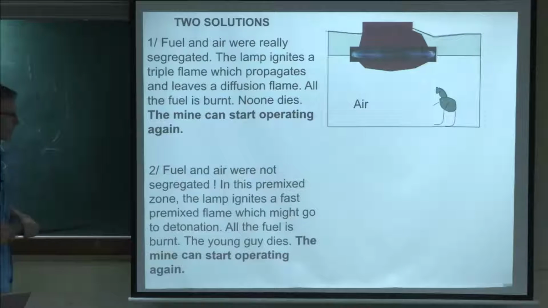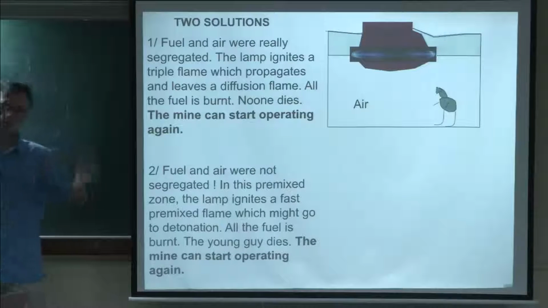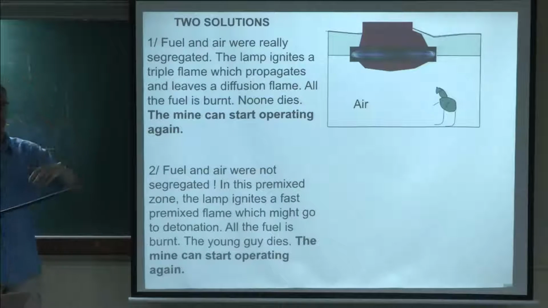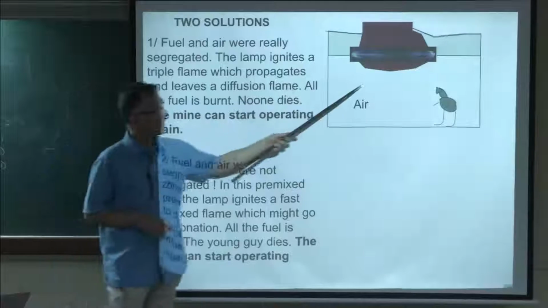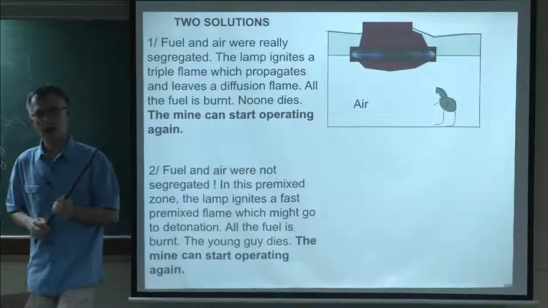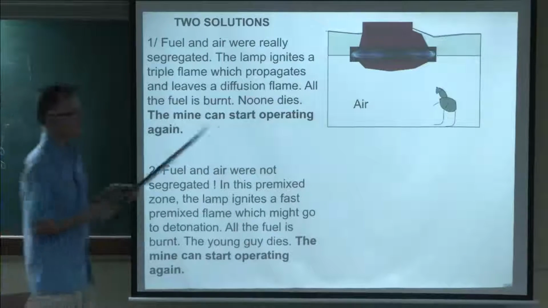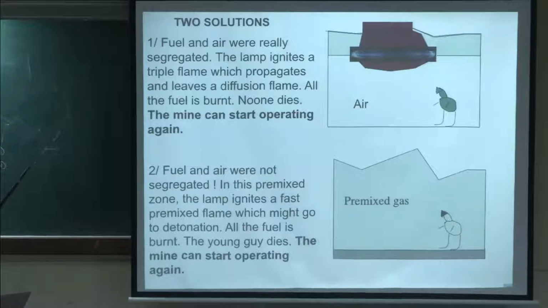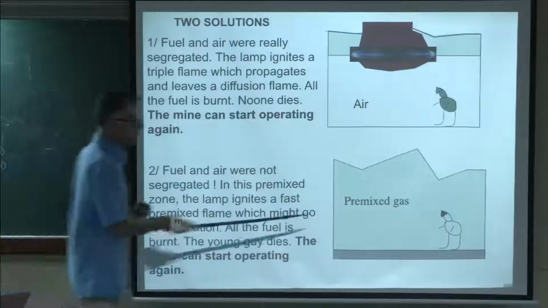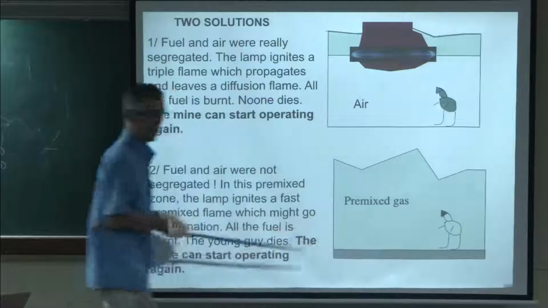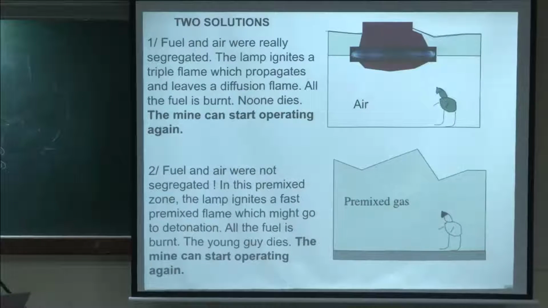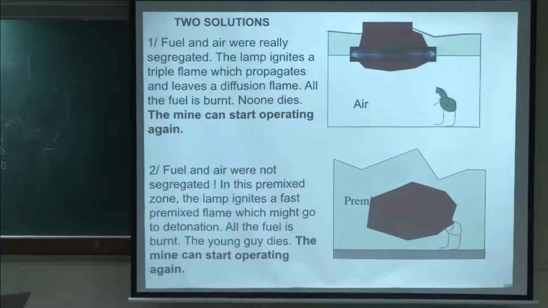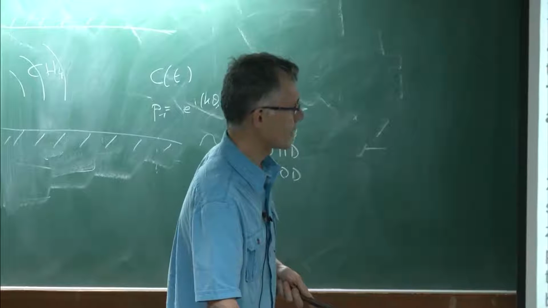Now the problem is that, especially if people went out of the mine fast, and if there is any kind of mean flow field in the mine, then the mixing keeps going. And there is no segregation. So the fuel and the air are not separated. And so then, when this guy walks in with his lamp, it's fine. But when he opens the lamp, of course, then he starts a premixed flame. And he dies. But it's okay, because you can always start operating afterwards. So in every case, it works.